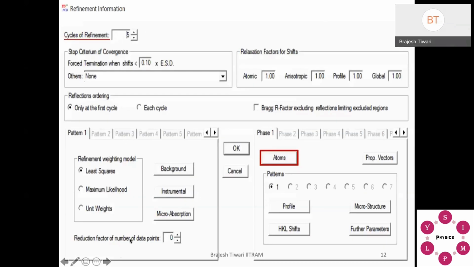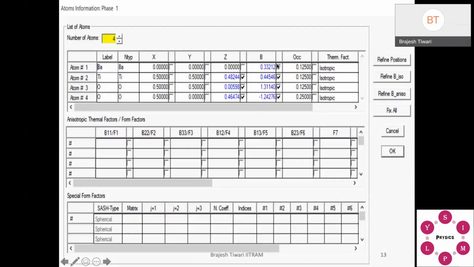Okay, so that's what I told, the B factor. You can see here it's become negative, it's a large value. So this should not be correct. The value should be smaller, and you should avoid getting a negative value. Okay, though it's not necessary that you will always get a negative. If there is a little bit negative, you can still work with it, as long as WRP is okay.